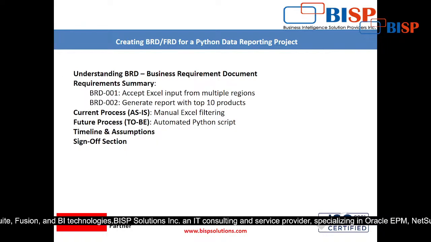Then we will see here the sign off section. Sign off section is again another thing. Sign off section means, for example, if I prepare a BRD, now just